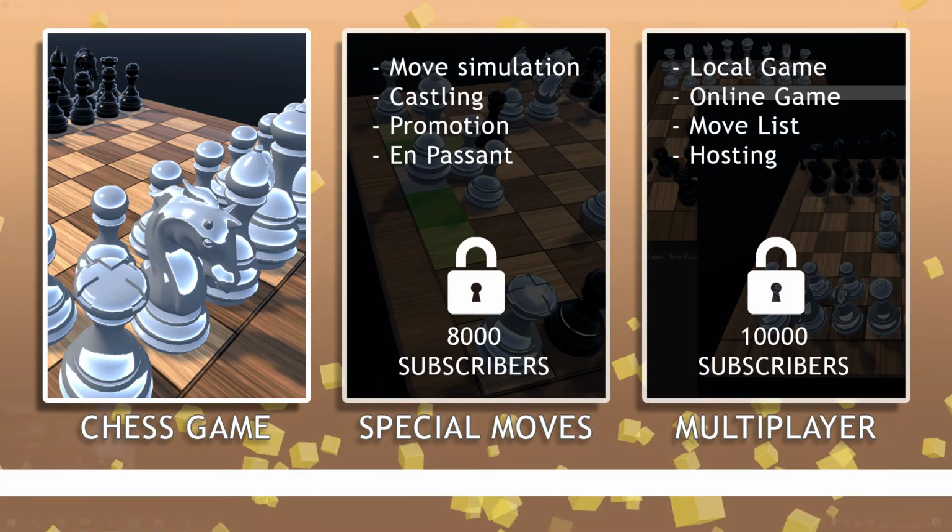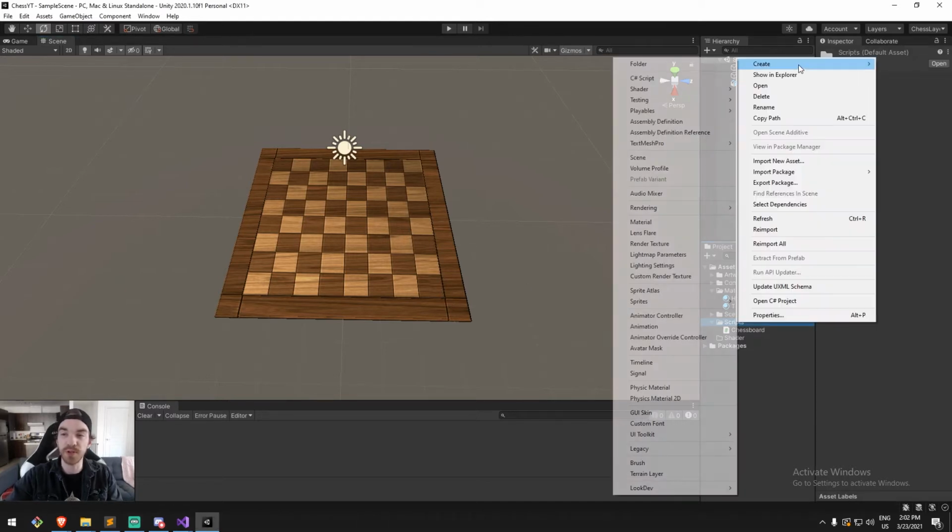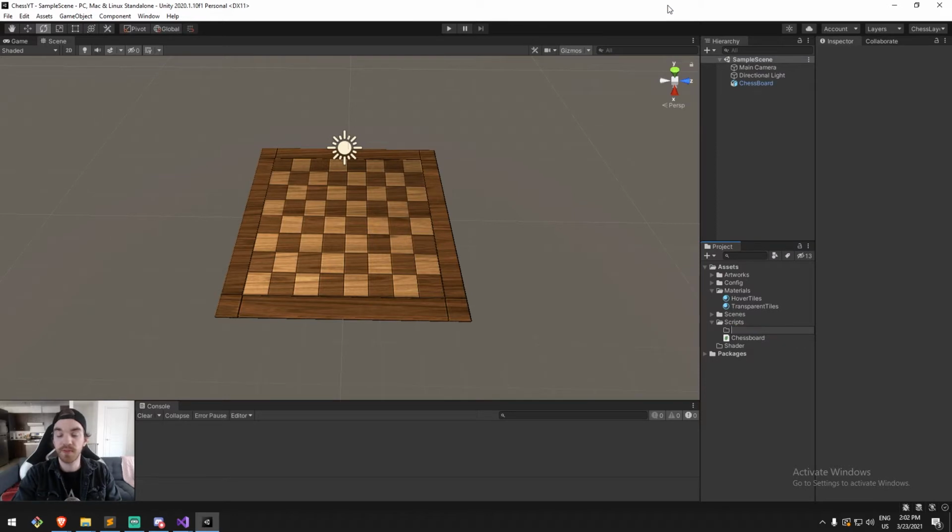This next video is all about creating pieces and spawning them and then positioning them. So we're going to have three sections in which we create the piece, their type, and their prefabs. Then we're going to spawn them on this very specific board, and then we're going to position them at the proper place. So we're going to get started right here by creating ourselves a new script that I'll call chess